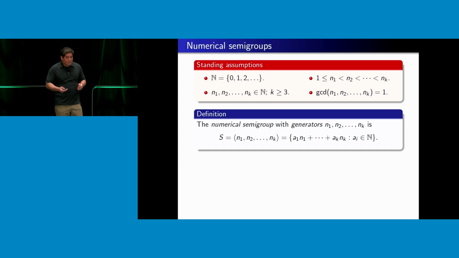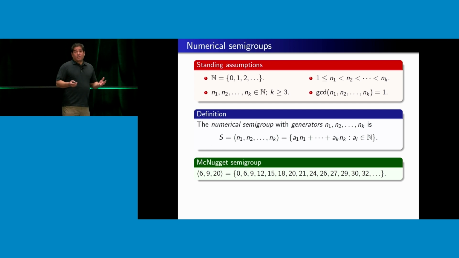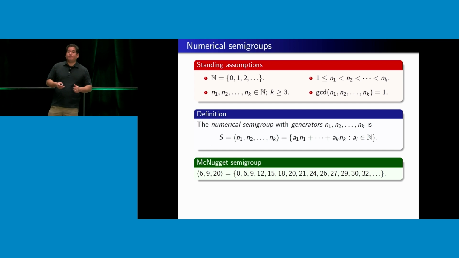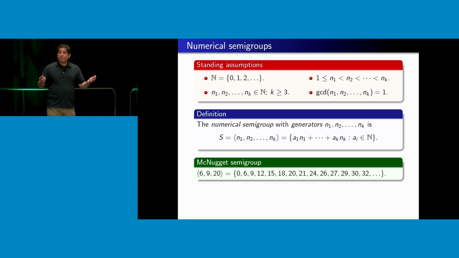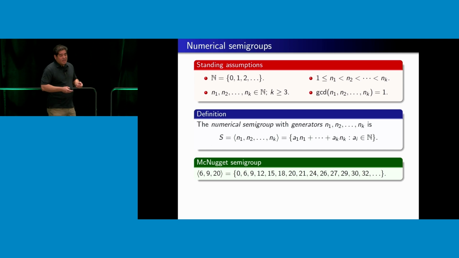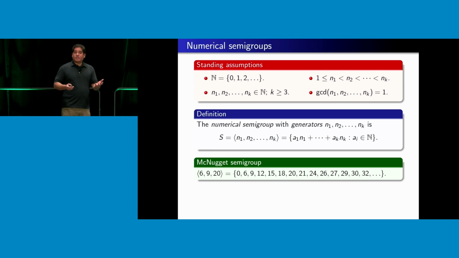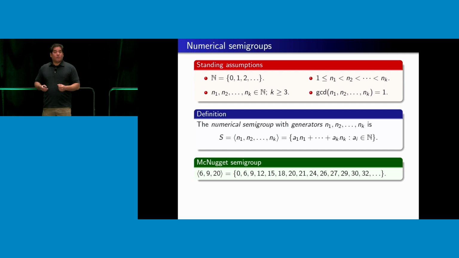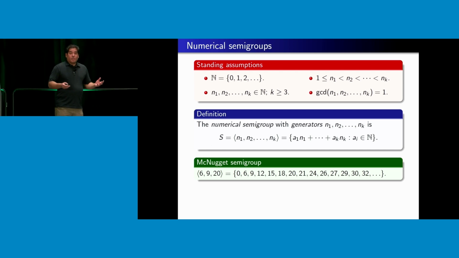For example, if you look at the so-called McNugget semigroup, you're allowed to use boxes of size 6, 9, or 20 when serving these chicken nuggets. So what are the quantities of nuggets that are realizable using those box sizes? Well, you can fulfill an order of 0, obviously. 6 you can do, 9, and 12 because you just served the person 2 boxes of 6. You can do 15, a box of 6 and a box of 9. 18 is a little more interesting, because then the person at the cash register has a couple of ways of doing this. They can use a 6 and a 6 and a 6, or they can use a 9 and a 9 to get to 18. So you'll see that this McNugget semigroup has some gaps in it.